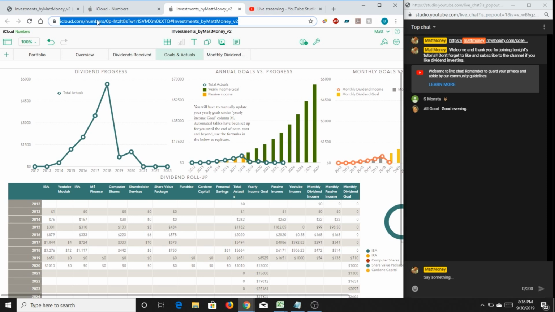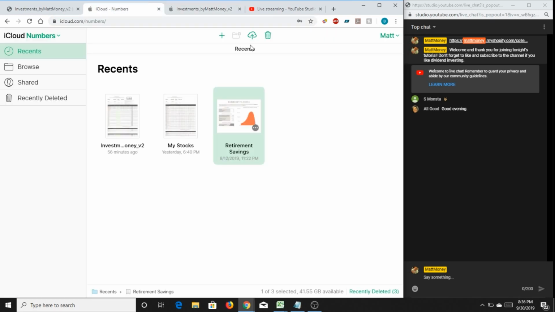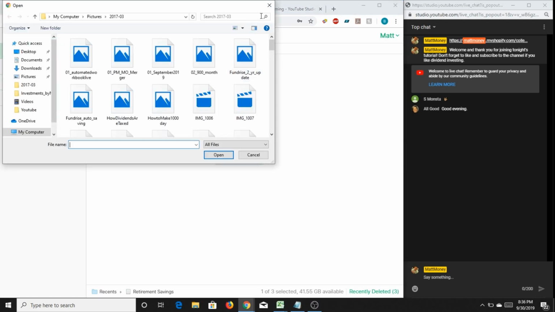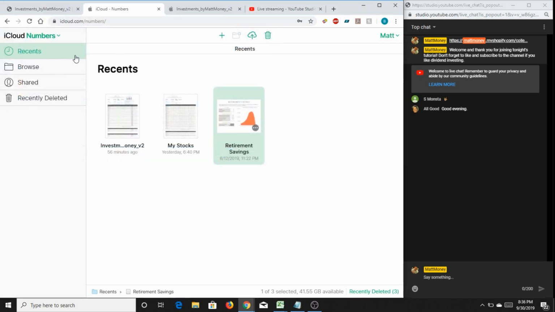So what I'm going to do now is just go into Apple Numbers, as if I downloaded it. But like I said, you'll get the README file, so this is all in the README file. I have this already open, but let's go to upload. What you would do is basically create your iCloud, and then within iCloud, you'll see a bunch of different